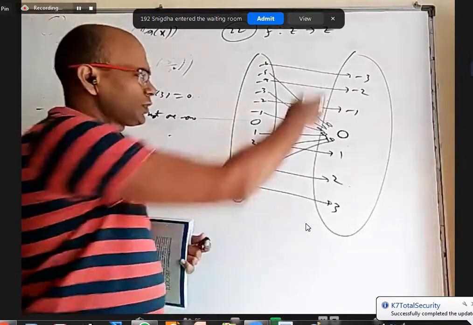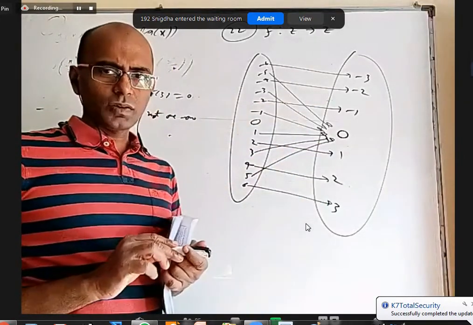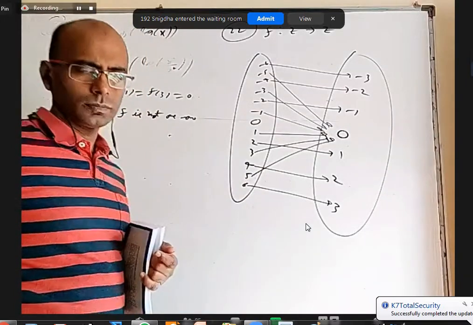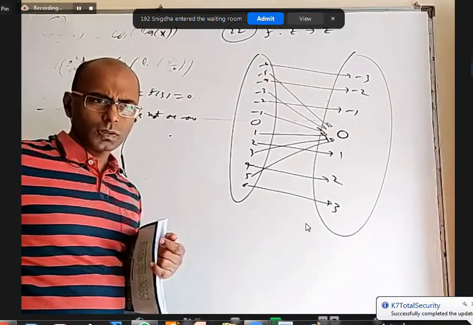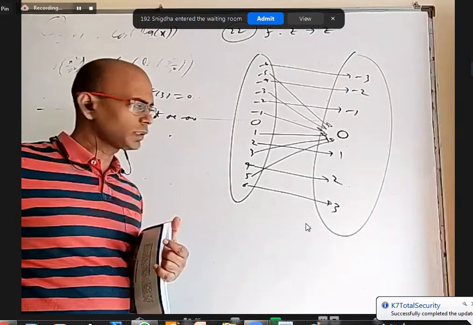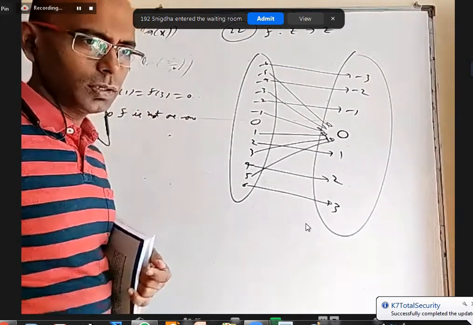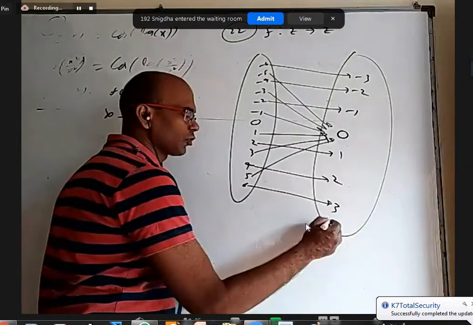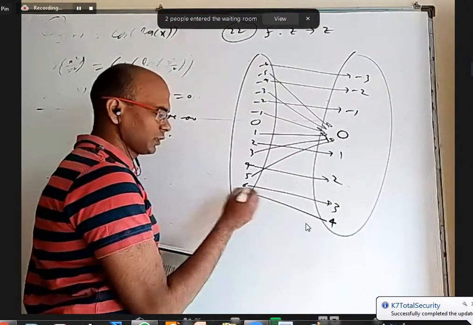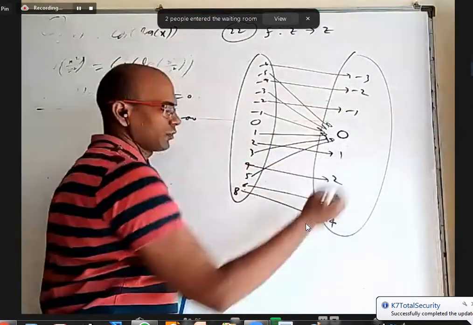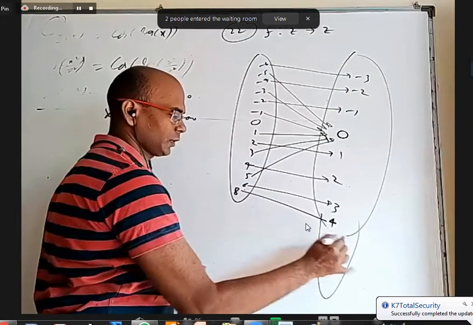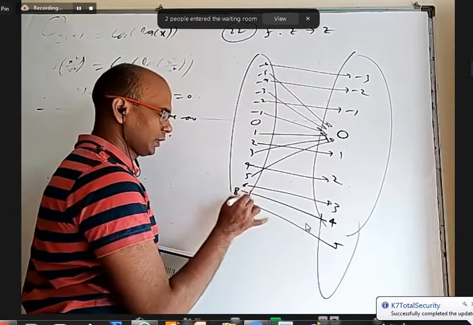Okay, do you think in the codomain all integers are covered or anything is left? Even numbers left? It is covered, sir. What is left? Nothing is left. All are covered. Let us say you want 4 here. That will be connected to, that is, it is the image of 8. If you want 5, that is by 10.